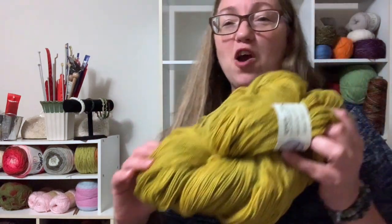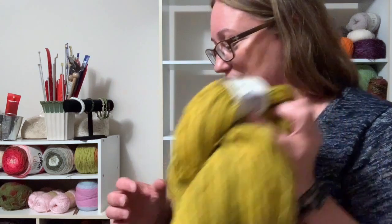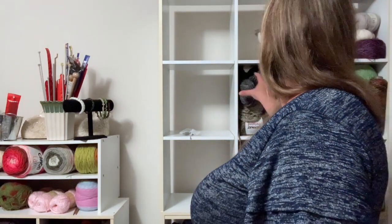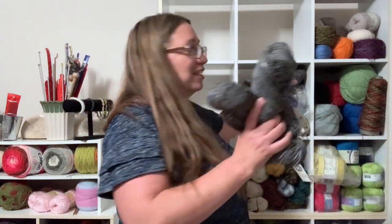This came from a shopping trip with the Codependent Knitters from Feather Your Nest. I remember where I bought this. It's lovely. It's a sock weight. Oh, these four balls. Okay, I'm going to turn around here. I feel like I'll do a Vanna pose here. These four balls of